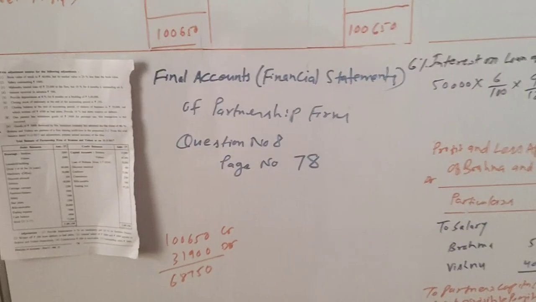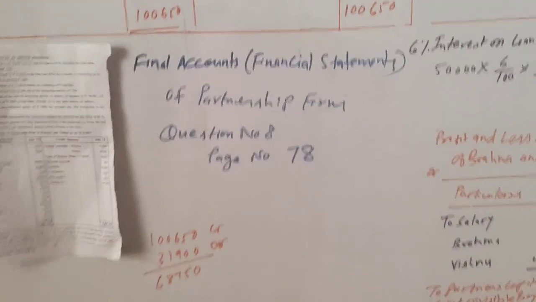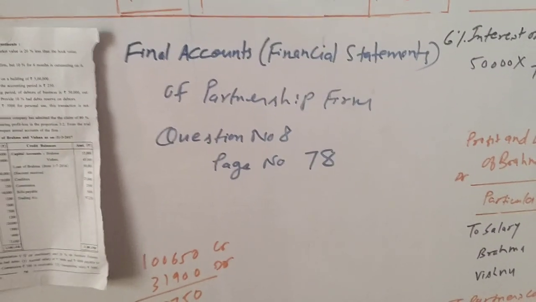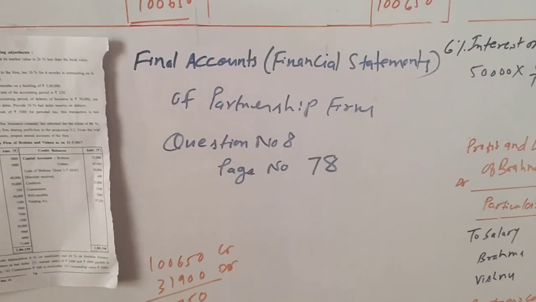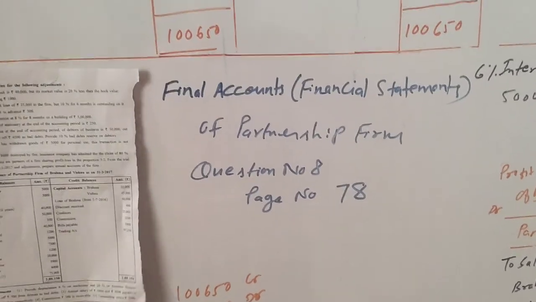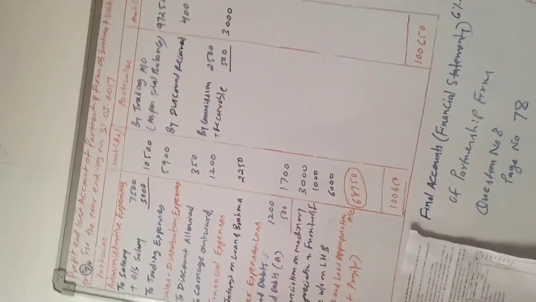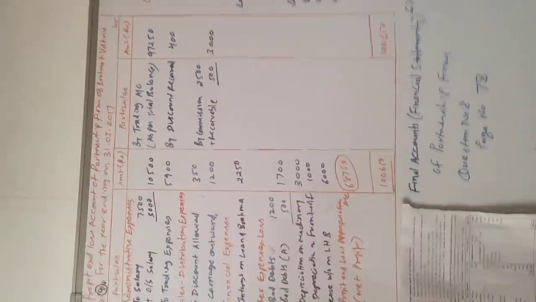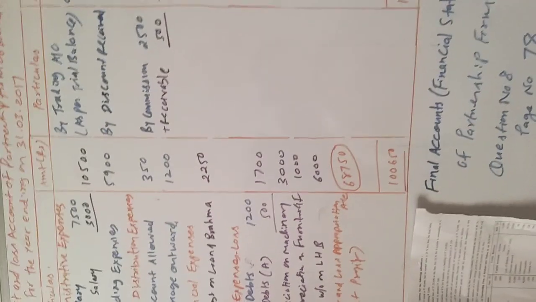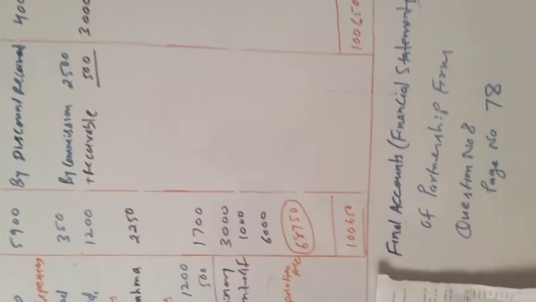Now in this video we will be making the total and finding the difference of different accounts, and we will make the total of the balance sheet. In the previous video we finished with the adjustments and everything, all trial balance effects and effects of adjustment. Now in this video we will be finding the difference, first of all, of the profit and loss account.